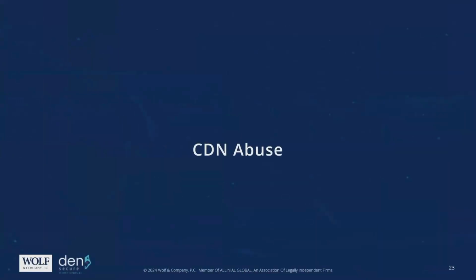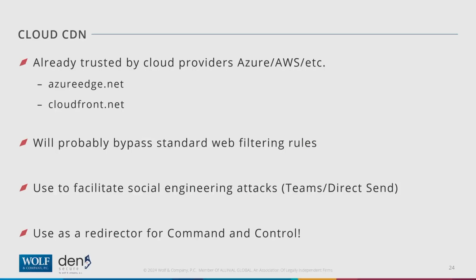Finally, CDN abuse. I have a couple more minutes. I'll go as quickly as I can here. CDN abuse is to combine these two different bypasses or techniques that we talked about. It's one thing to send a phishing email to a random bad domain, right? You may have a great web filter in place, a lot of DNS block lists, and whatever you're doing in the background to ensure that, okay, even if an attacker does send a phishing link through, whether they're using Microsoft Teams, direct send, or even just traditional mail phishing, where they're just setting up their own infrastructure for it,